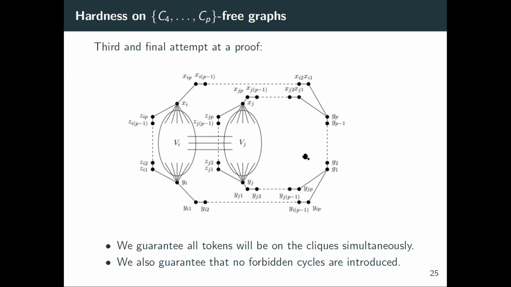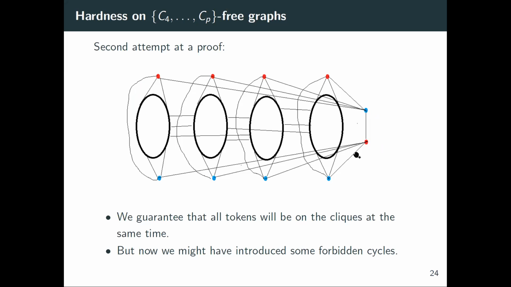Because notice that the number of such edges is bounded by a function of k and p in this case. So you can subdivide these edges as many times as needed, and add as many tokens as needed to maintain all the properties that we need, and to maintain that we're going from one maximum independent set to the other, which will give you W1 hardness for both token sliding as well as token jumping.